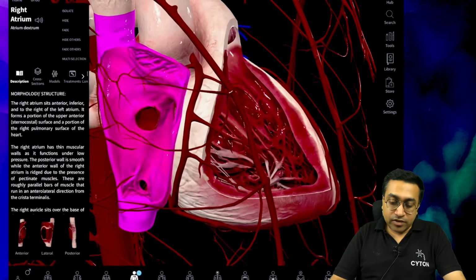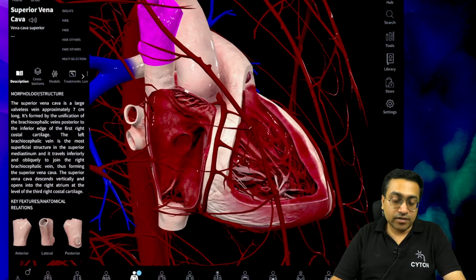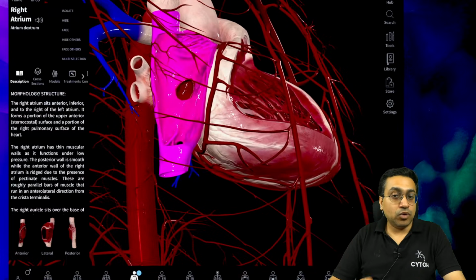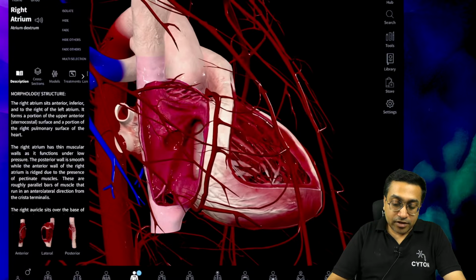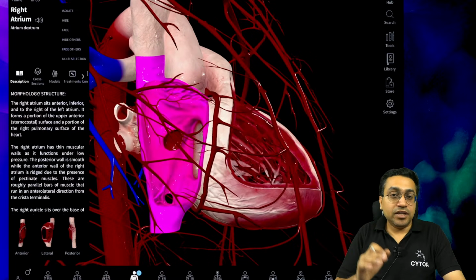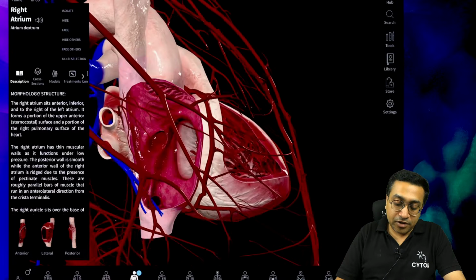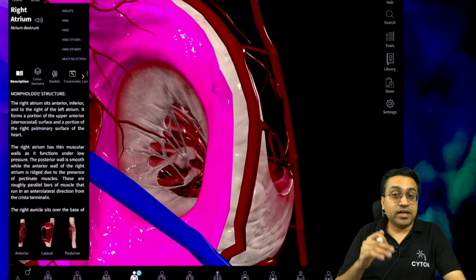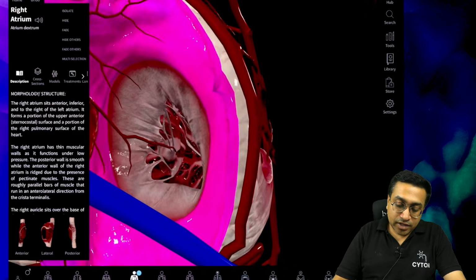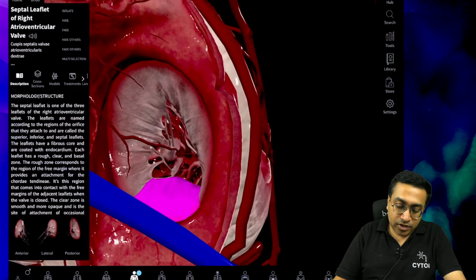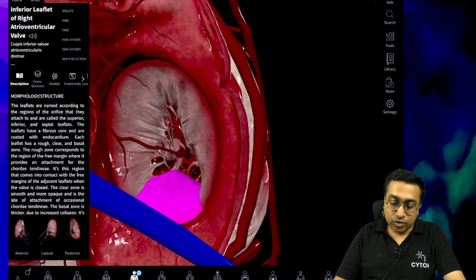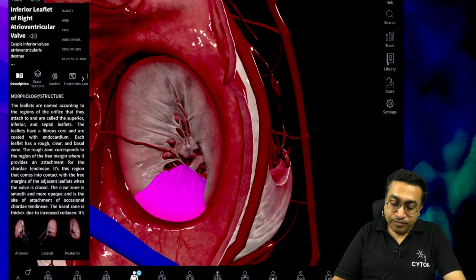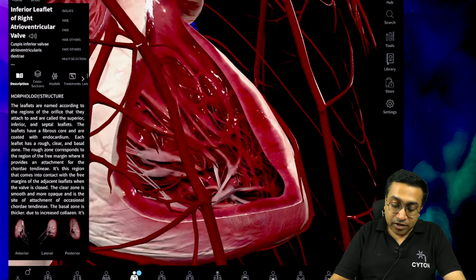Okay, and into this right atrium you can see 2 vessels going in, that is the superior vena cava, we will talk about in a while, and then you have the inferior vena cava, which you can see below. Okay, then the blood, that is the deoxygenated blood in the adults I'm talking about, is entering into this right atrium. Okay, and it goes and passes into the right ventricle via this tricuspid valve. If you can see 1, 2 and 3, so there are 3 cusps of this valve. Okay, we will talk about that when we will discuss the heart in detail. And then the blood rushes inside into the right ventricle.